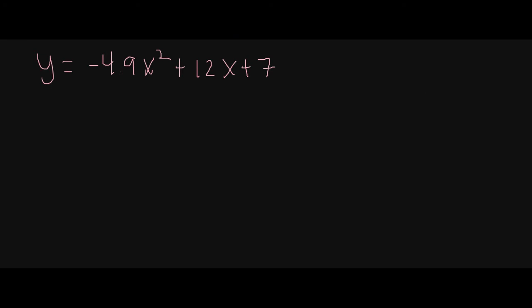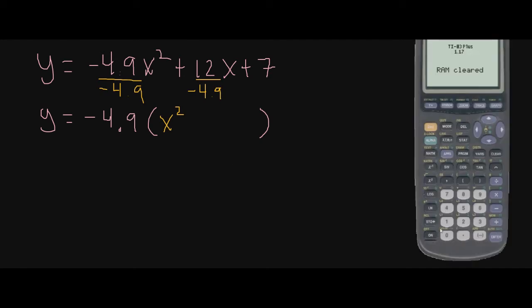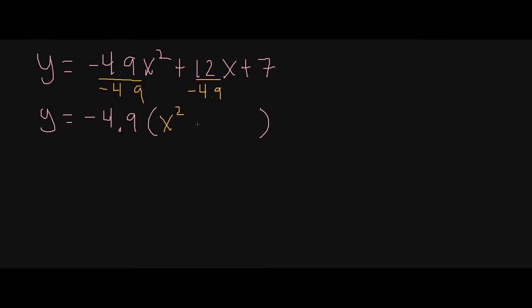All right, so let's go ahead and get started, right? We're going to get y is equal to, well, we need to pull out the number in the front here, right? So what did we do before to pull that out? Well, we just divide by it, right? So we know we're going to get negative 4.9. To figure that out, we're going to divide this by negative 4.9. The negatives cancel out, and we're just going to get x squared. And we have to divide this by negative 4.9. So if I go ahead and do that, this is what I need in my calculator: 12 divided by negative 4.9 gives me, oh, it's going to be a terrible number,